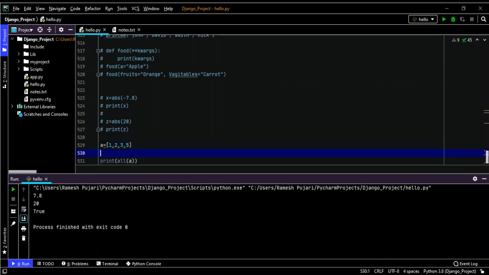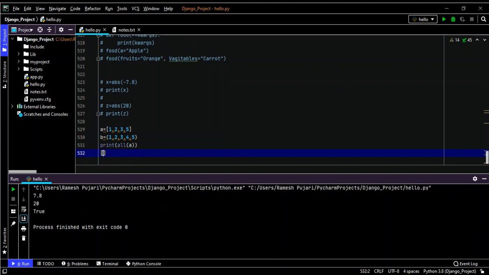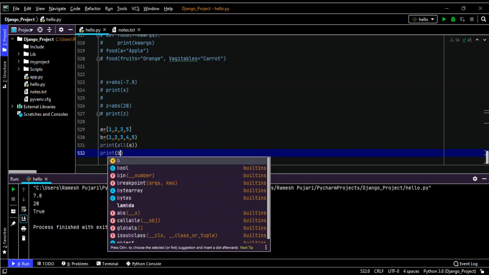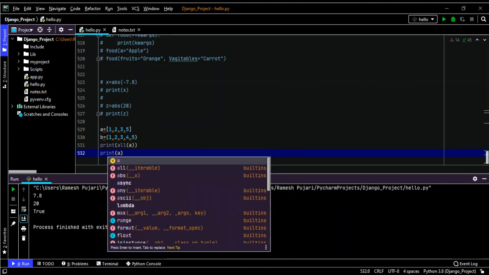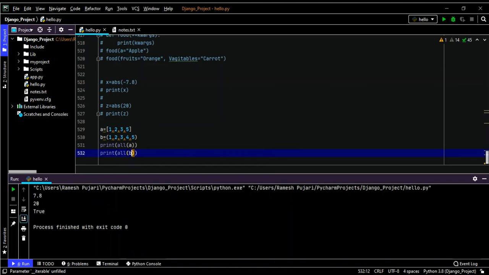Now I will take different data types, so we'll get to know whether, so this is b, and I'm printing the b here. You have to use all functions, right? We are working on all functions, so print the variable b. Now see, we can iterate the tuple values also. I will print the class of these variables here.